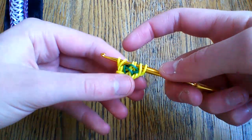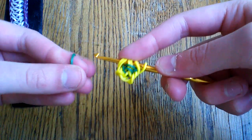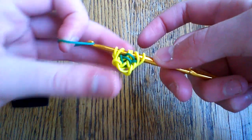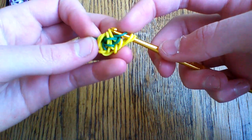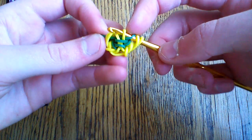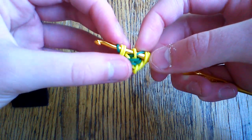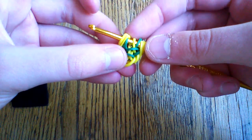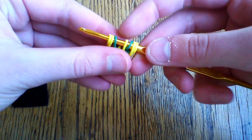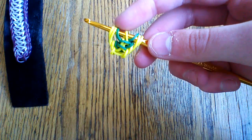Now we're going to start the sequence. This was just to start the bracelet. You're going to take a green, and you're going to pull it through the first 4 loops, just like we've been doing. And then you're again going to pick up the closest loop in those 2 farther ones, and reattach, and then rearrange. And make sure that those yellow bands stay in order, but then they do go over the